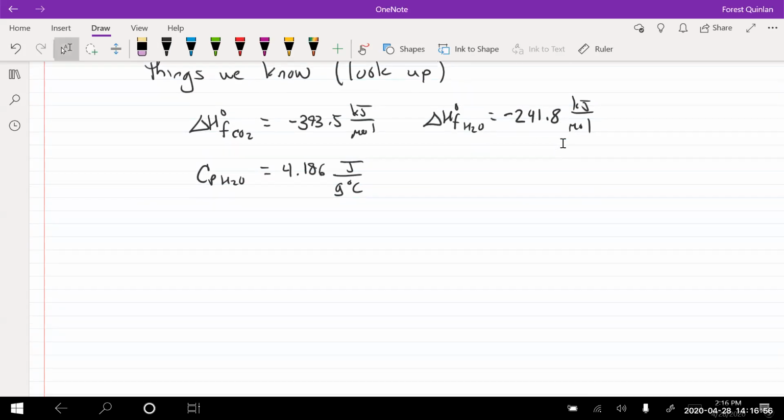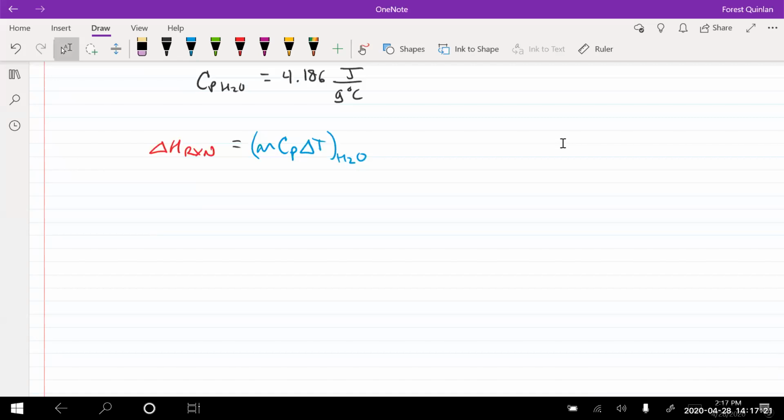Now, we have that the delta H of the reaction is equal to the MCP delta T of the water. Or another way of thinking of it is that the